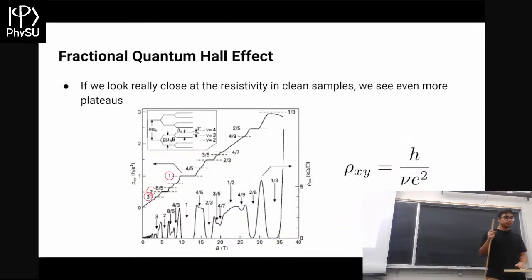Now I want to talk about the fractional quantum Hall effect. If you remember the plot before, we had a few plateaus when we looked at the resistance as a function of the magnetic field. We had a few plateaus at integer values. But it turns out if you look really, really close, you'll get a bunch more. So you have all of these. The resistivity is proportional to 1 over this filling factor nu. The ones we saw before are when nu is equal to 1, 2, 3. There's a bunch of these outside as well when you go to really large magnetic fields.